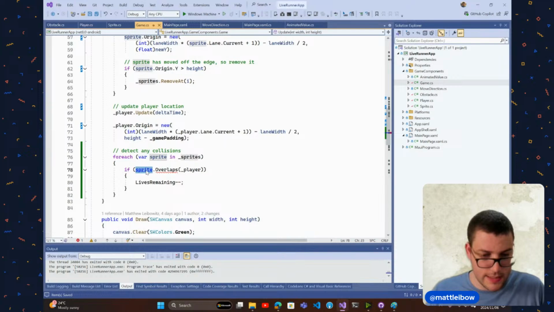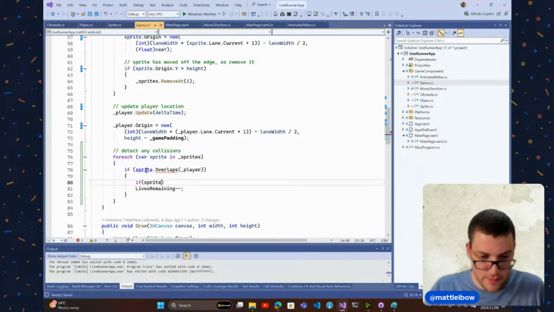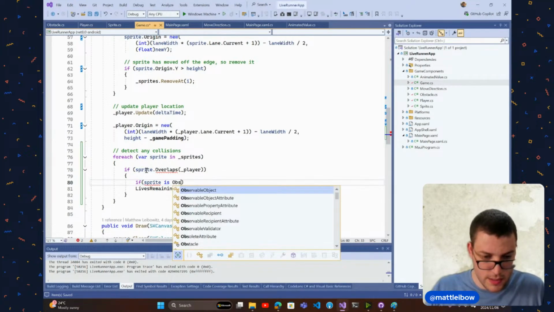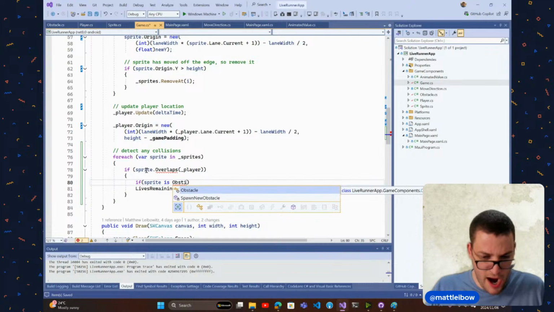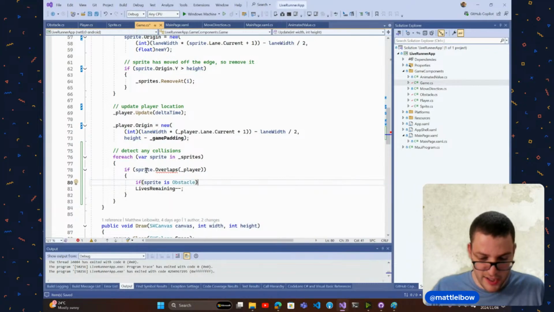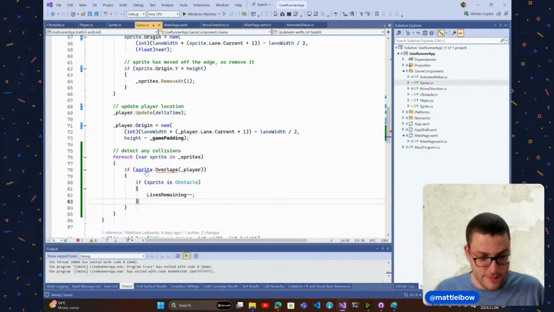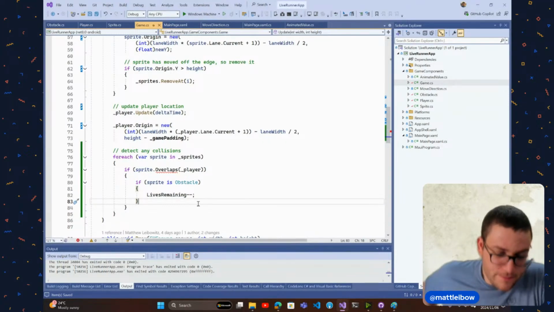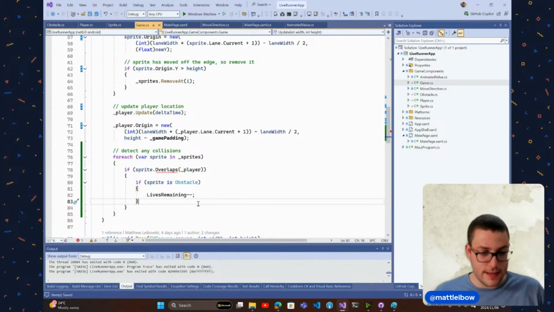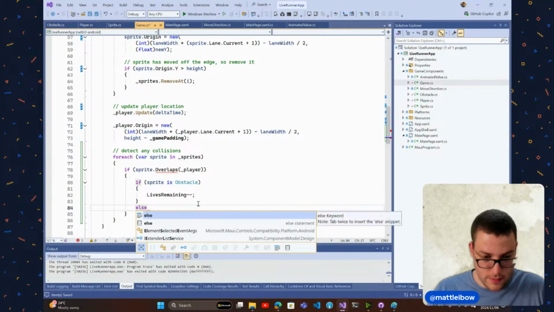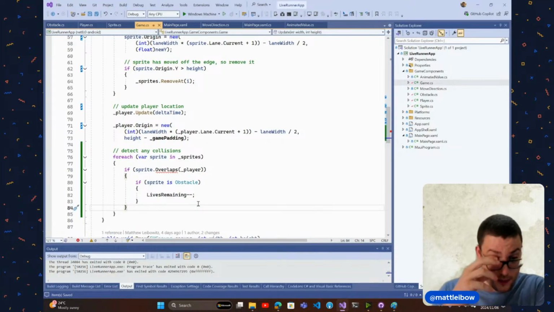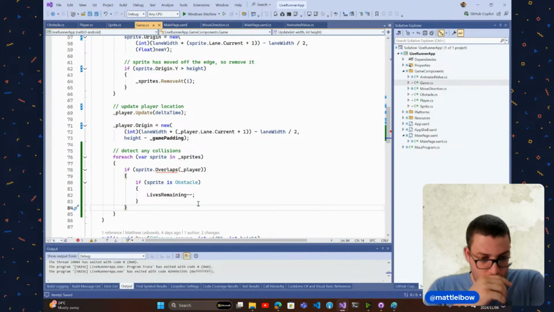We actually let's do it even if sprite is obstacle. Yep, yawning a bit there, a little bit tired. Matthew needs his rest. All right, so something like that. Else we only got that, so a player can't overlap the player. So our current issue